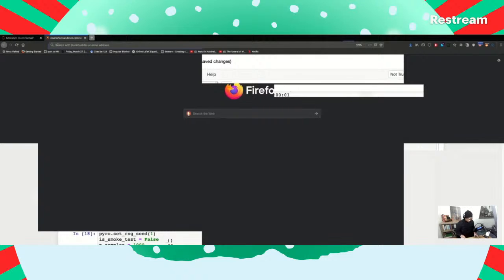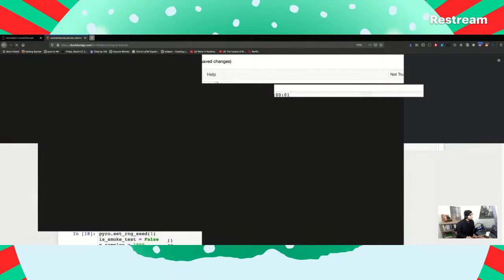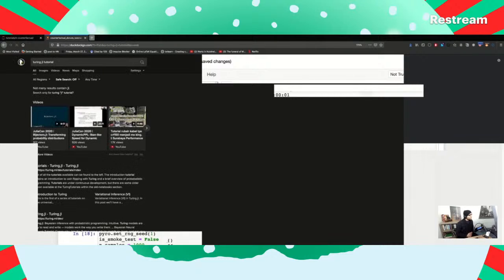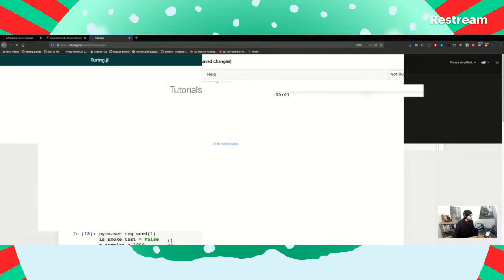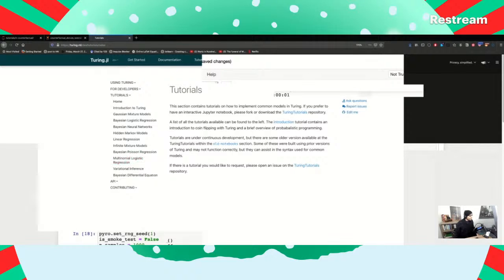But hopefully, next time I'm going to be working with this Turing.jl tutorial. There's a whole bunch of really cool things happening in Julia when it comes to probabilistic programming and modeling, and Python and some other ones too. There's a nice causal library called Omega.